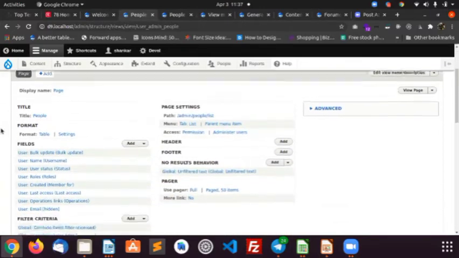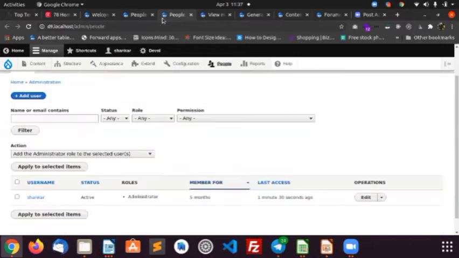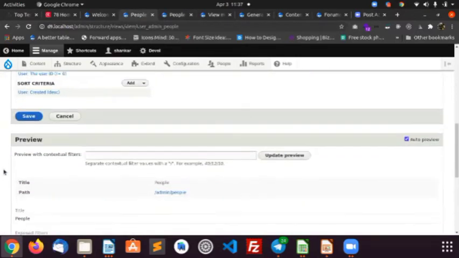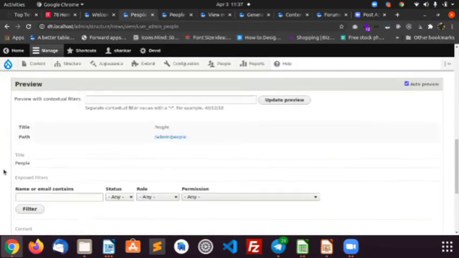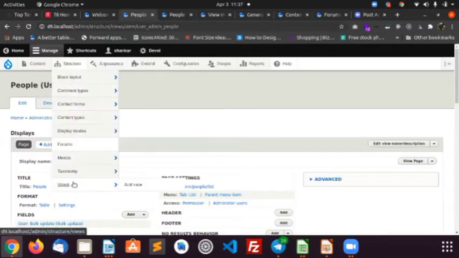Sorry for that. So here you can refer to the fields: username, user status, roles, created, last access, operations, mail. That is what comes as a table. You can refer to it here in these views, and through that you can create your views also. I have covered the views, and you can do views via code also.